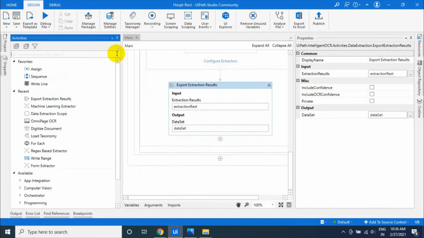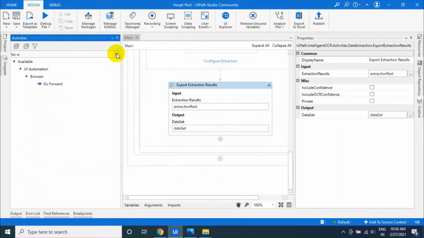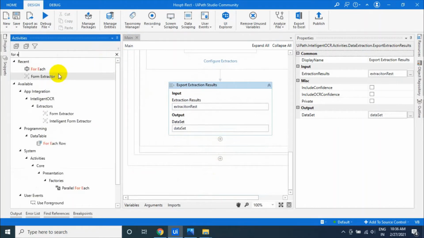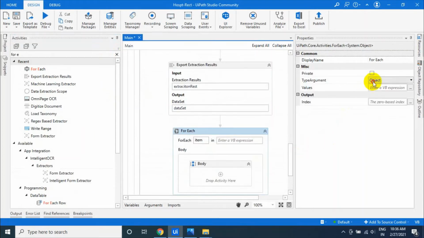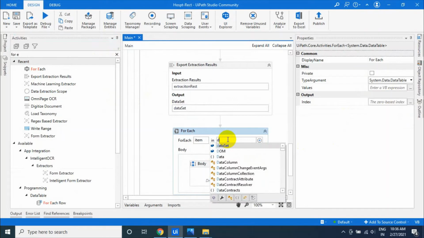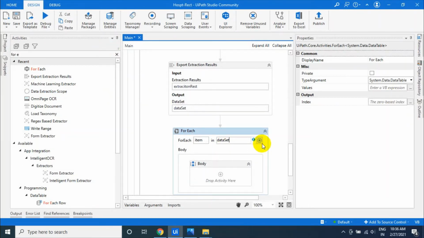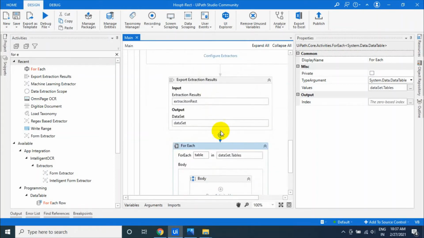So you have to use a for each activity to loop through each and every data table, and here you simply use the data set dot tables. Each data set is a collection of tables basically.